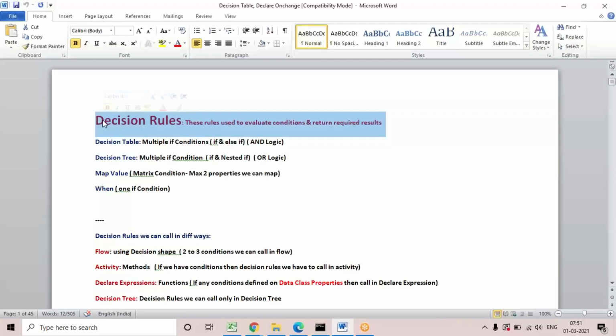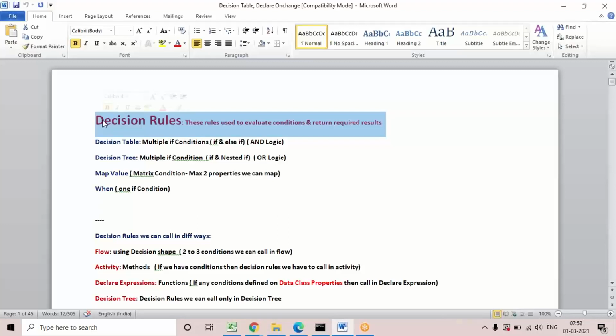But before that, in the decision category, some conditions are categorized as declarative rules and some conditions are categorized as decision rules. Mainly in decision rules, there are some 3 to 4 conditions, and I'll discuss them. Before that, what is the difference? See, with declarative rules, if you define a condition, there is no need to call it anywhere.